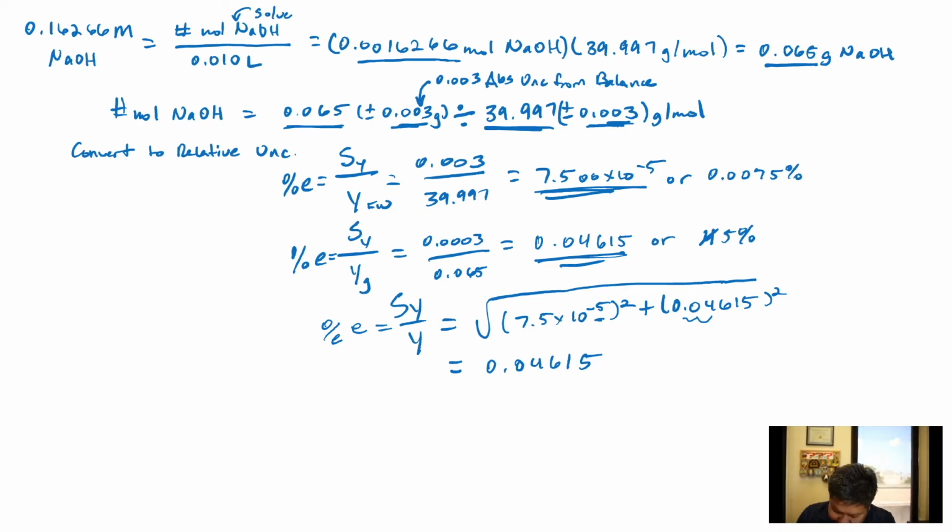You can even take this a step further, right? If you wanted to, you could multiply this number right here by the number of moles that we had right here, right? And that would give you the absolute uncertainty, right? And so if you did that,